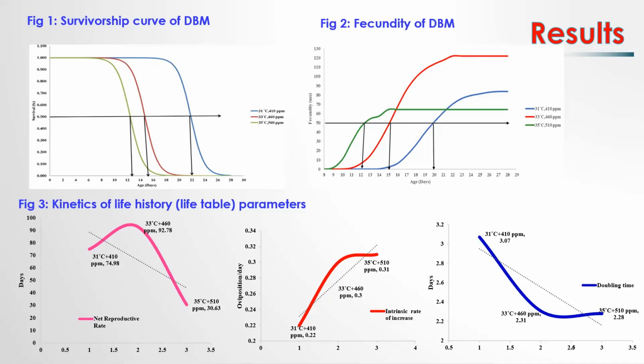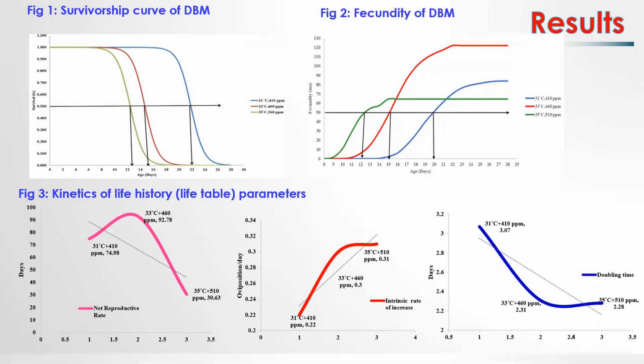And when going to the population doubling time, we could see that the doubling time decreases when there was an elevation in carbon dioxide and temperature. Now, what we could expect out of this is that even though the survival rate is reduced, they can produce more number of progenies at elevated temperature and elevated carbon dioxide condition, and the number of generations also will be increased under the elevated conditions.